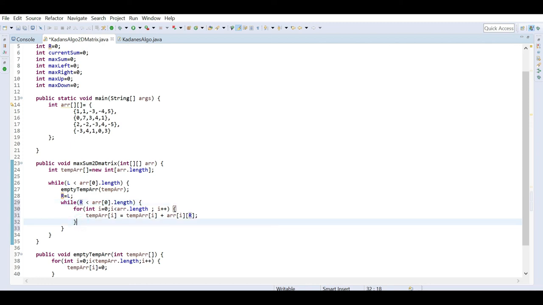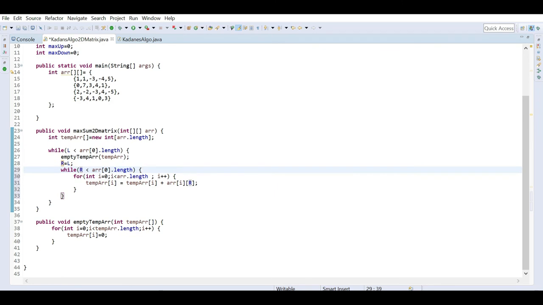Initially all these values are 0, so 0 will be added with this one. Then from the next time onwards, the current column where r is present, that value will be added with the temporary array's previous values. Okay, now we got our temporary array.